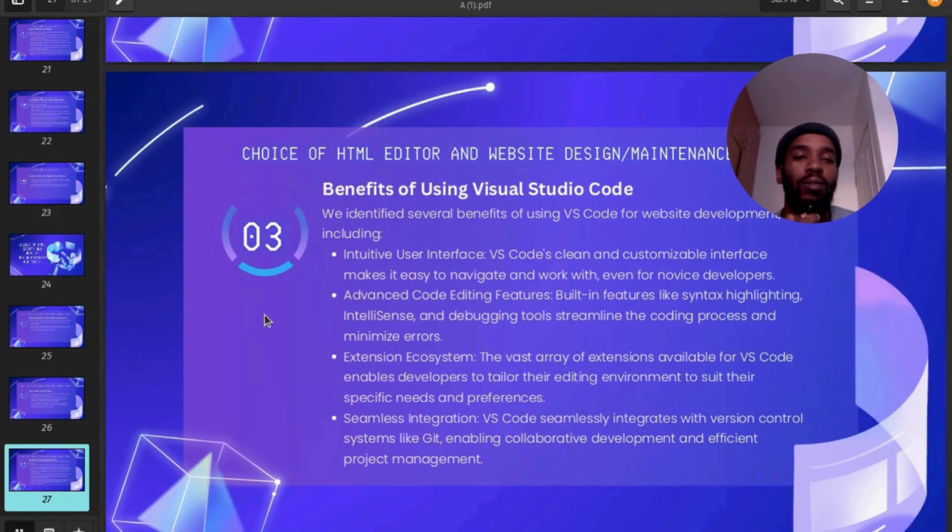So the benefits of using Visual Studio Code: we identified several benefits of using VS Code for website development, including intuitive user interface. VS Code's clean and customizable interface makes it easy to navigate and work with, even for novice developers. Advanced code editing features, built-in features like syntax highlighting and IntelliSense and debugging tools streamline the coding process and